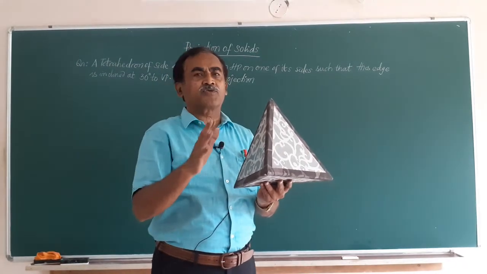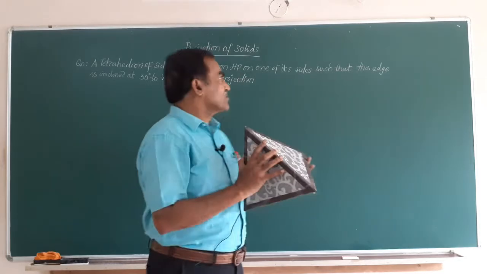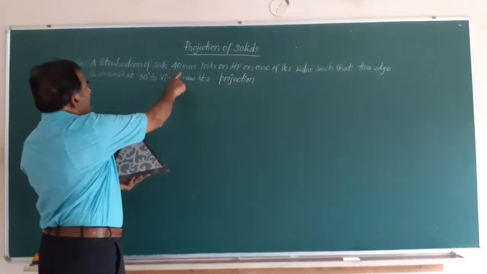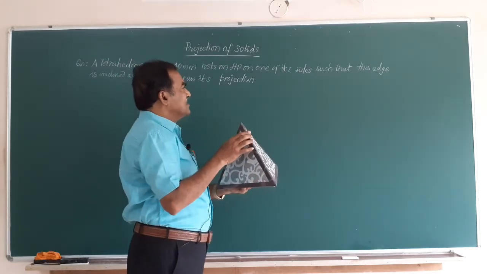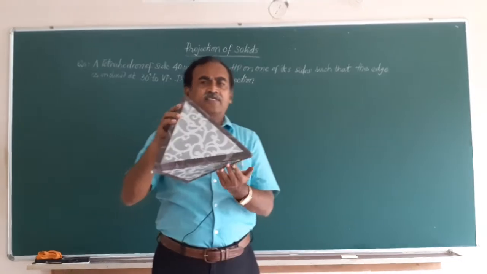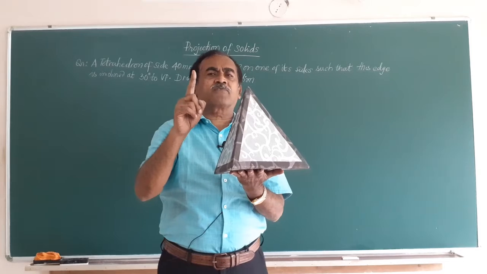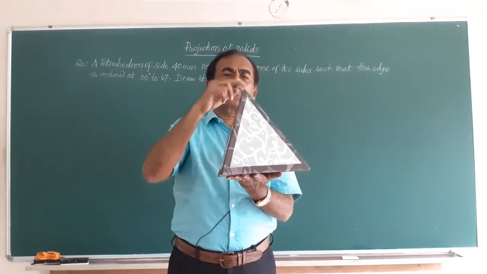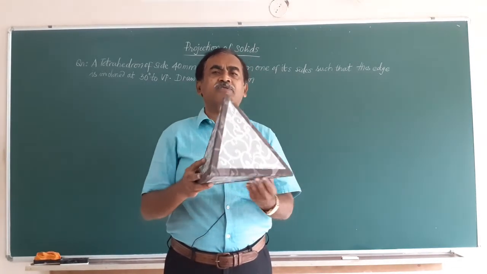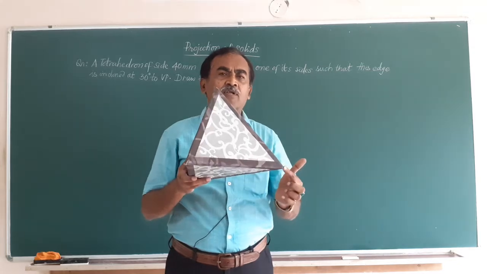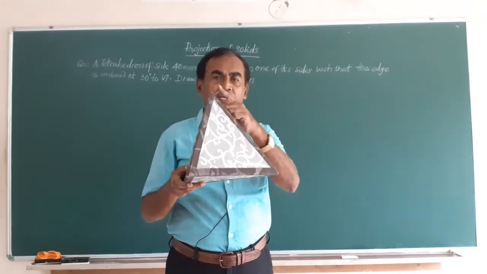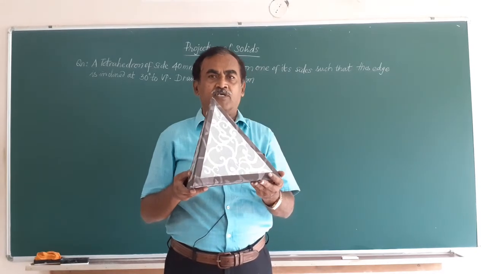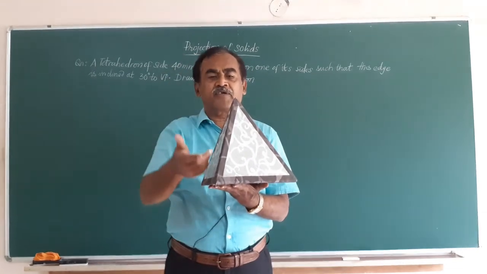So, first of all you should know how to place the object. In the question he says there is a tetrahedron of side 40 mm resting on HP and one of its sides. See friends, he says it has to rest on one of its sides. So, as per the rule, we place the object on HP such that one of the corners of the base of the surface is to the right side of the observer. Obtain the top and front views.